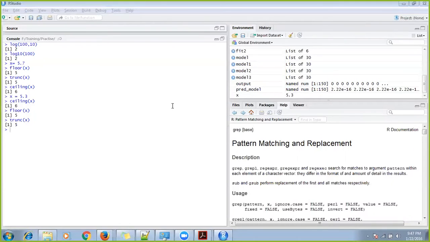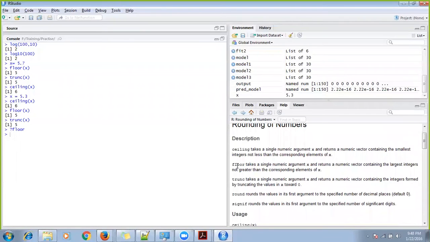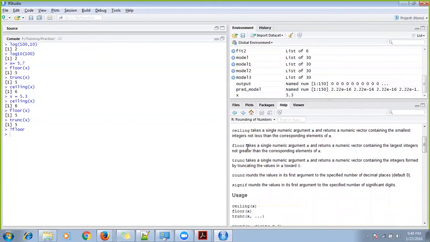Let me first say help. I want to first check which package floor belongs to. Floor is in the base package. Ceiling takes a single numeric argument x and returns a numeric vector containing the smallest integer not less than the corresponding element of x. Floor returns the largest integer not greater than the corresponding element of x.